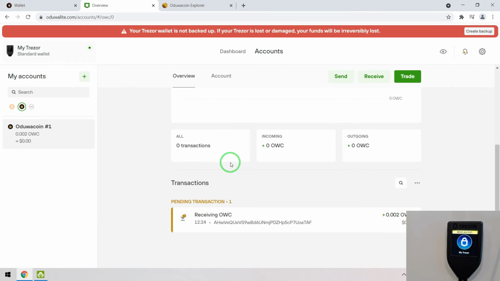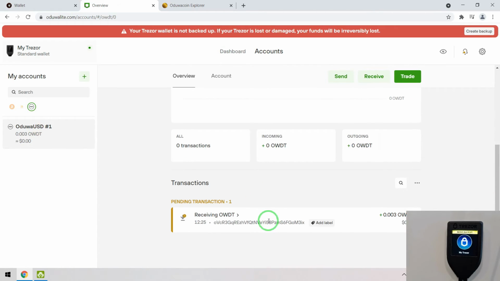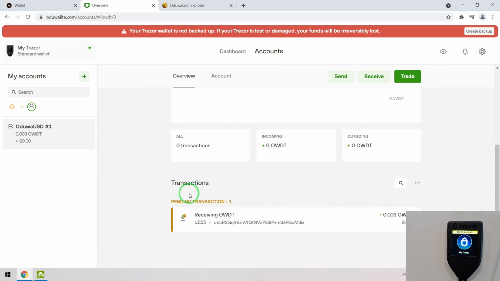Let's see if it is confirmed or if it will take some time to confirm. Okay, the other features are the same as on the Trezor Suite website, and we have to wait until the transaction gets confirmation.